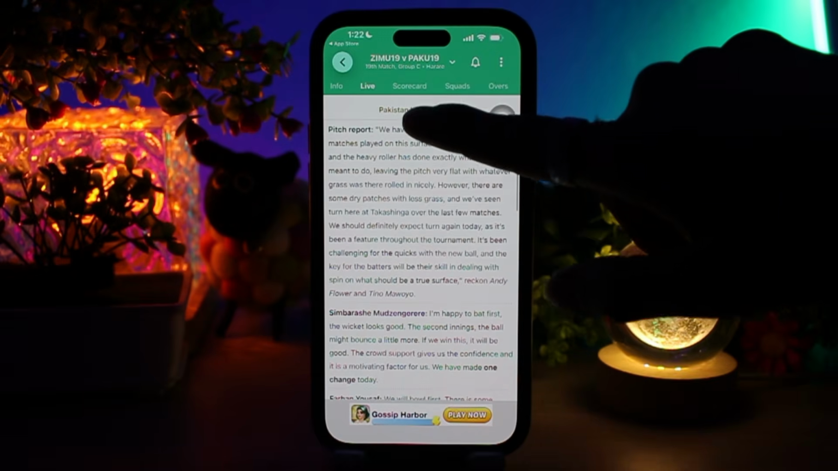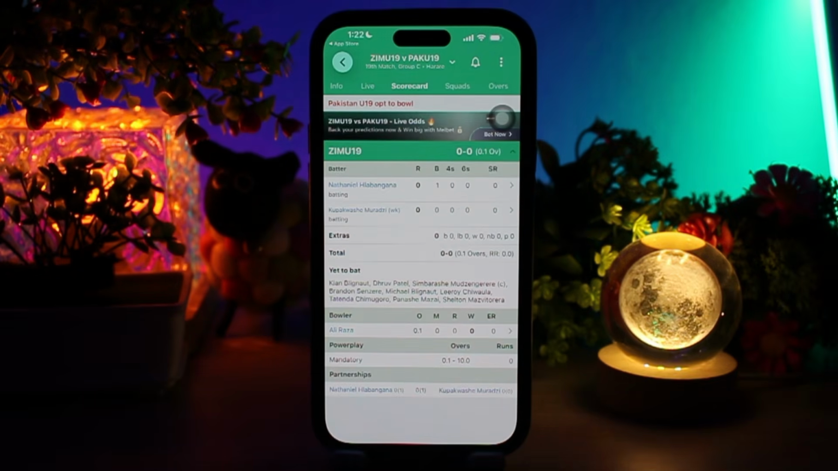Now in order to view scoreboard, simply tap on the scoreboard option, and then you can also see the live score, ball by ball commentary and scorecard and stats. So these are a couple of steps that you can